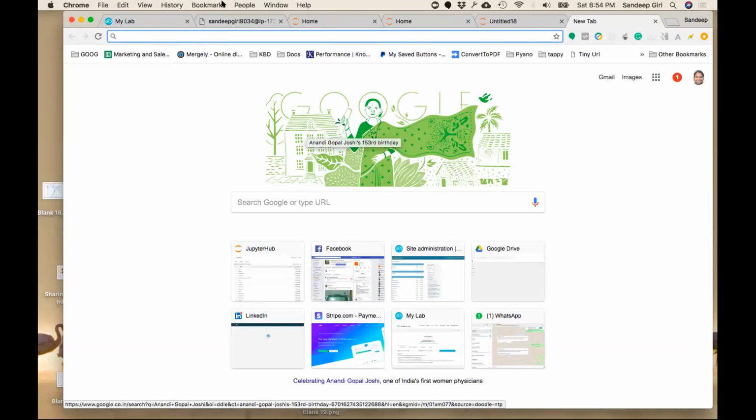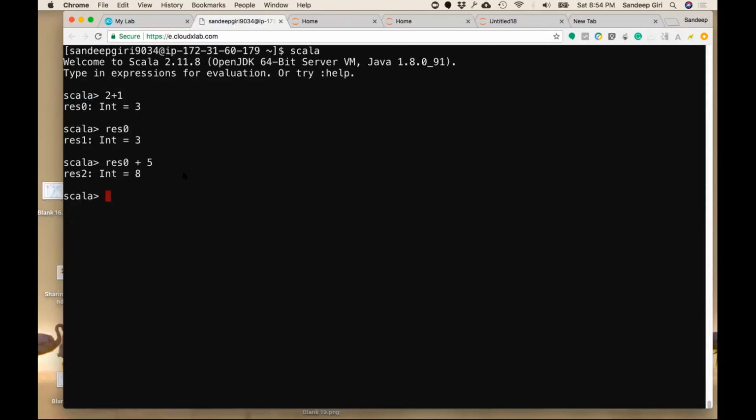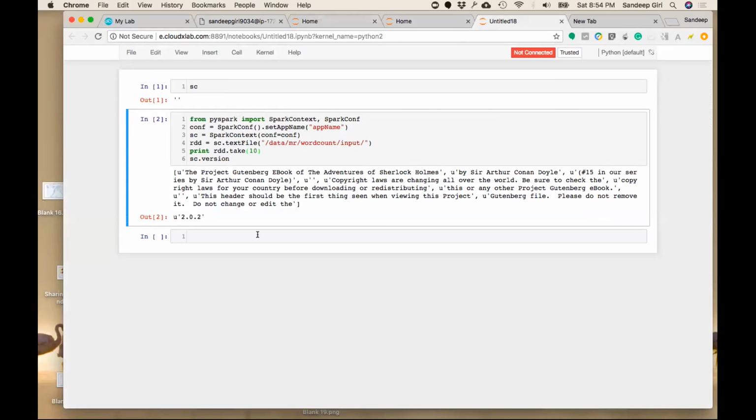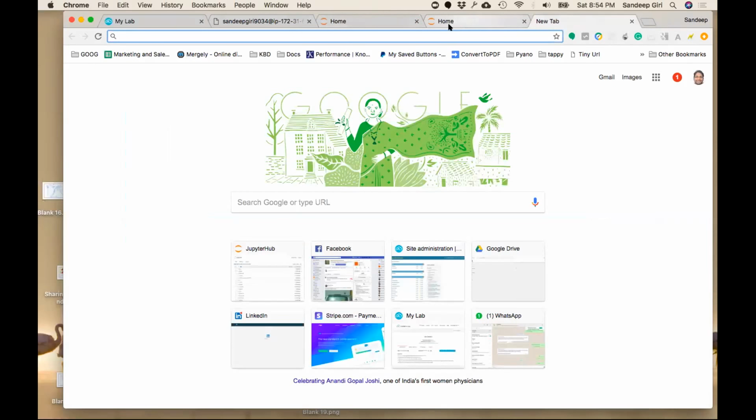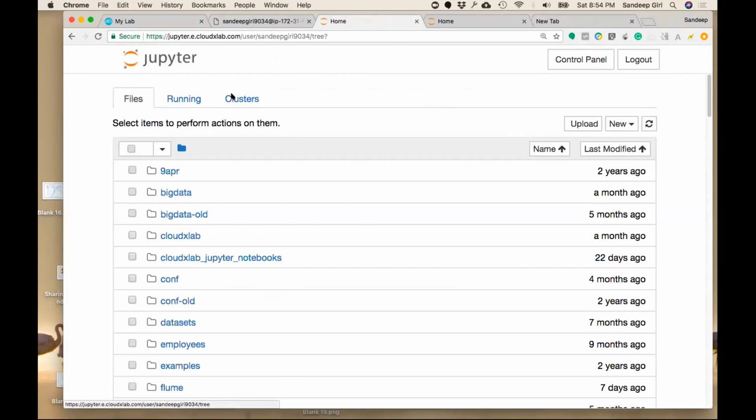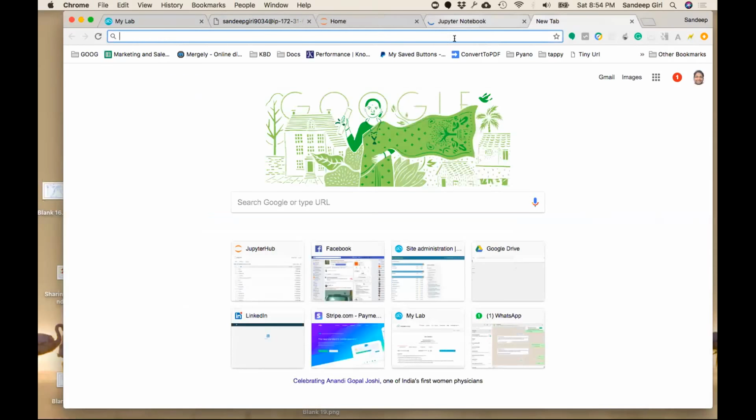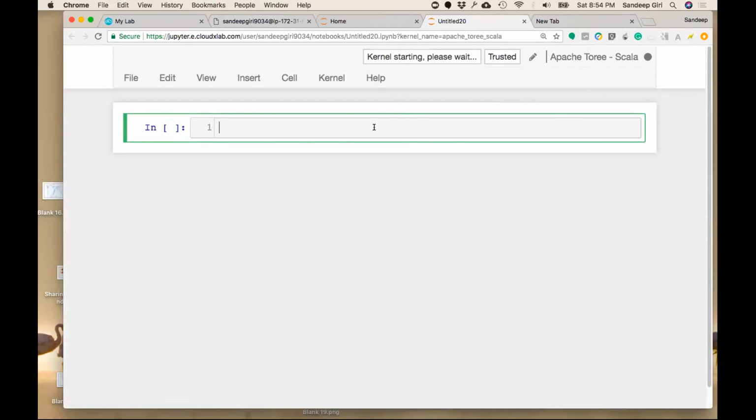For most of the work, I prefer writing either here in the Scala console, or using the Apache Toree. Where does it come from? When you open your default Jupyter, you will click on New, and there you will say Apache Toree. This one is basically a Jupyter kernel